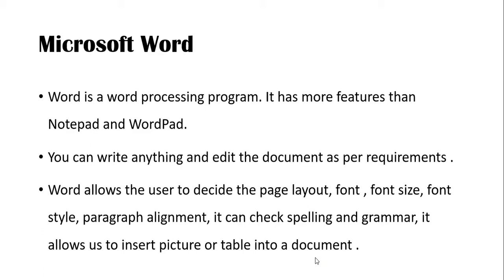So this is the most commonly used word processing program nowadays. Microsoft Word is a program used by students, teachers, offices, and everywhere.